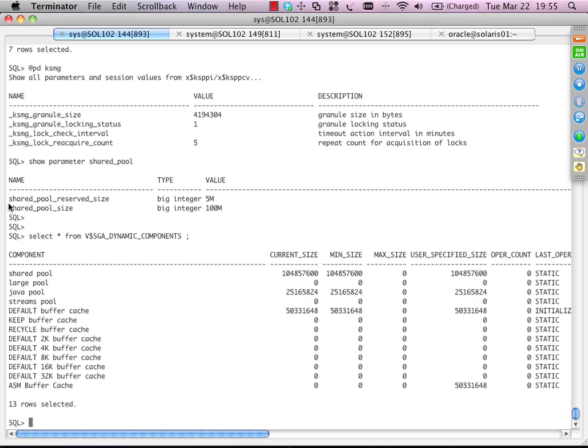And how Oracle allocates this space, it actually takes an equal amount from each granule. So it doesn't take one full granule of 4 megs and another megabyte from another granule. No, it actually splits this reserved area allocation so it spreads it across all the granules. So if I have 5 megabytes to spread around 25 granules, it means that I'll have